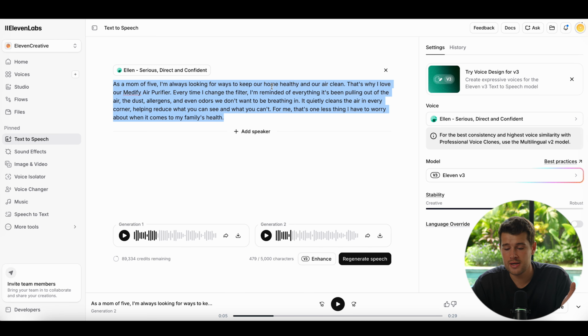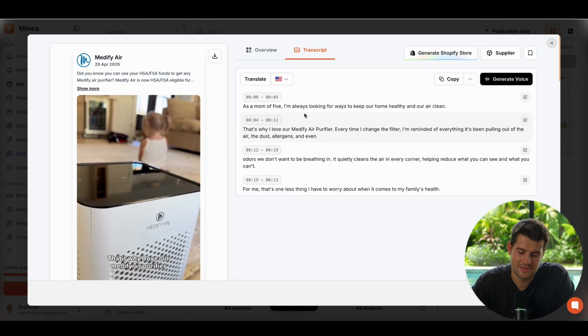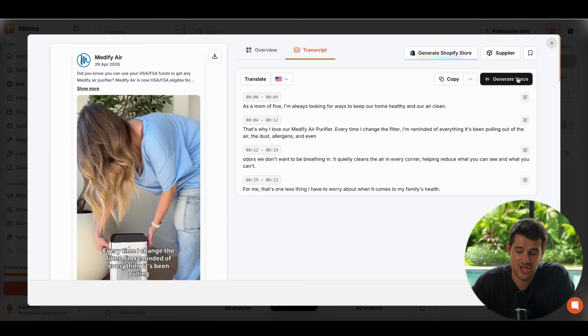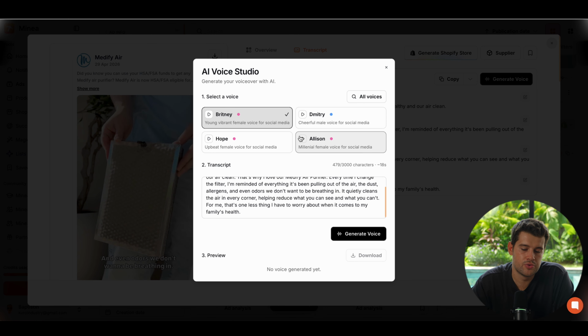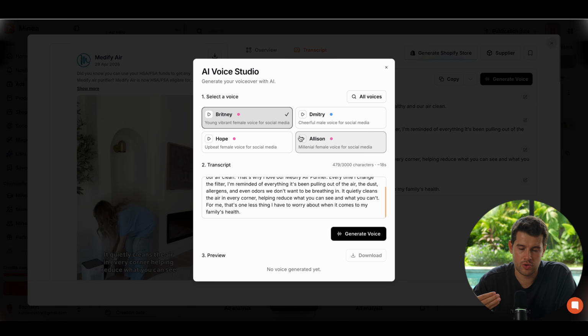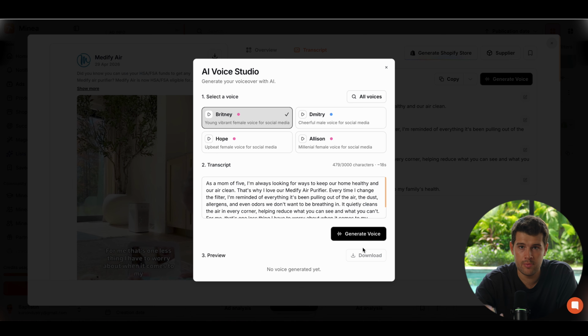And by the way, this is why using Mania for your product search and for your creatives makes even more sense than before. Nowadays, what you can do on Mania, for example, let's take this one, you can just click there. You can click on transcript, okay? As you can see, it is exactly the same script that we have here, okay? This is where I found the transcript. And what you can do is generate the voice just here, okay? It will help you to not copy the same voice, but just to copy the script, okay? And you can adapt your script and generate it just there, okay? You won't have to pay for ElevenLabs. We are paying